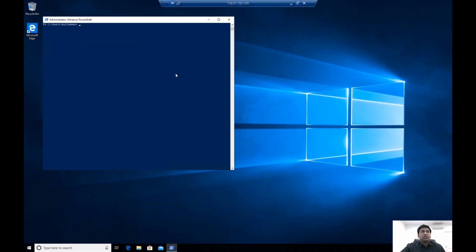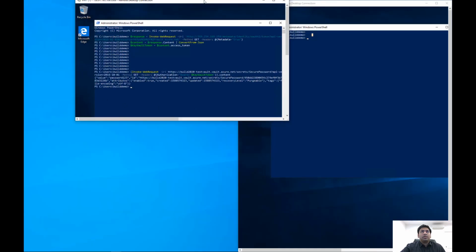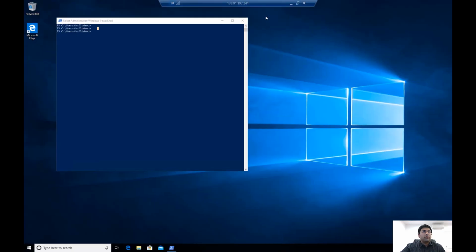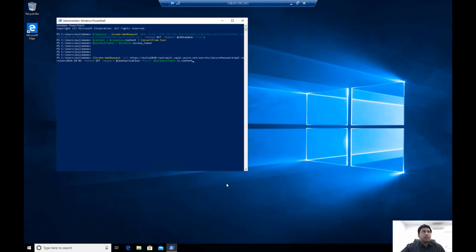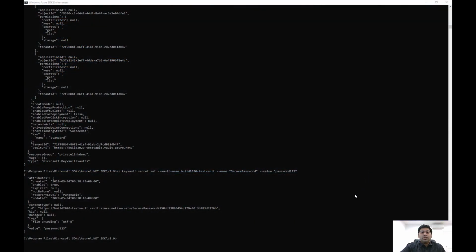So here's virtual machine 1. And as you can see, it's able to retrieve password123. And now let's go to virtual machine 2. And as you can see, virtual machine 2 is also able to retrieve the password123. So now that I've showed you that both virtual machines can access the secret, let's go ahead and set up